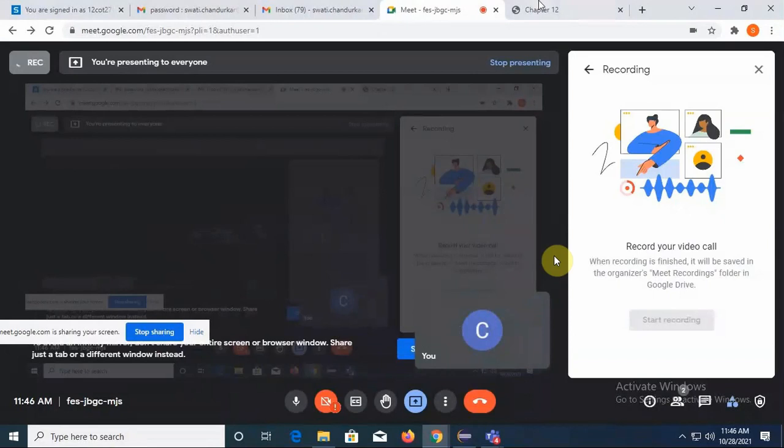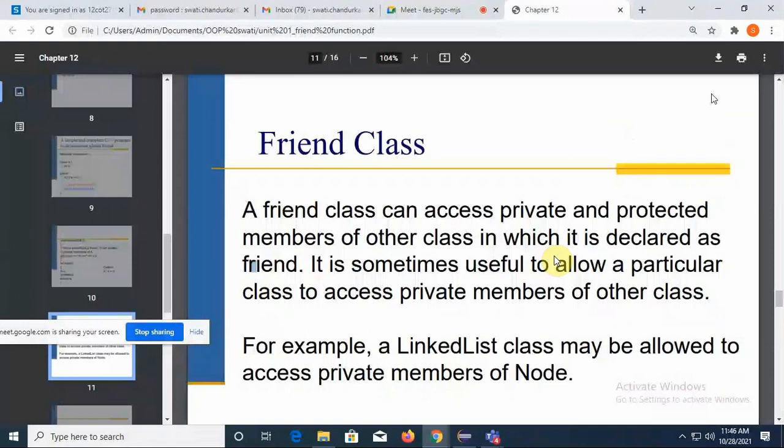Okay. So yesterday we had discussed about the friend function. I told you that there are some rules, like let's revise it within a while. Friend function is a function. It need not be a member function of the class. Friend function is used to access the private data of a class. Fine. And friend function can be a global function which can be used among two different classes.